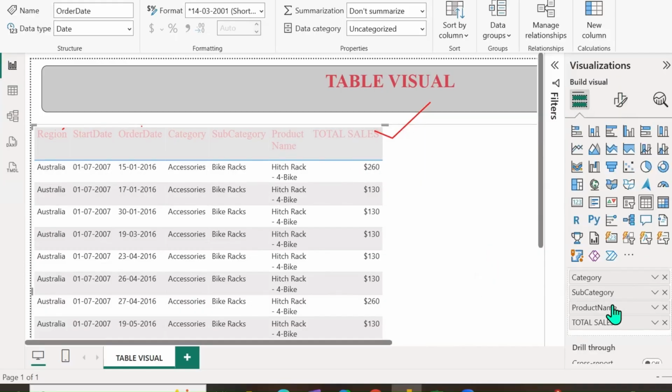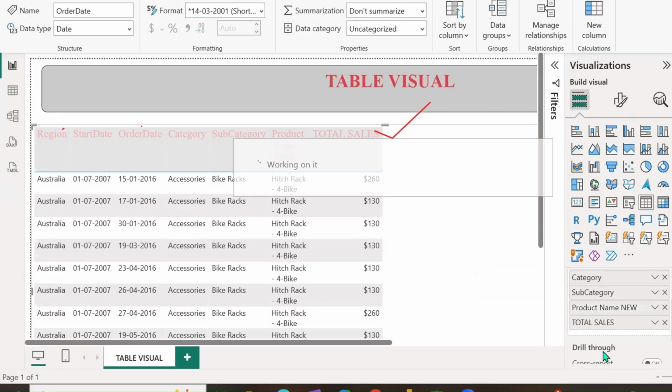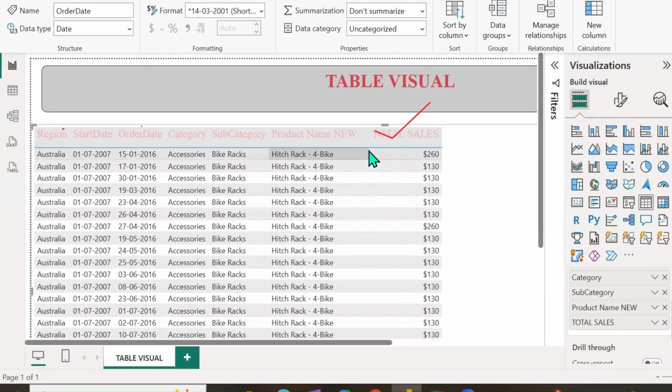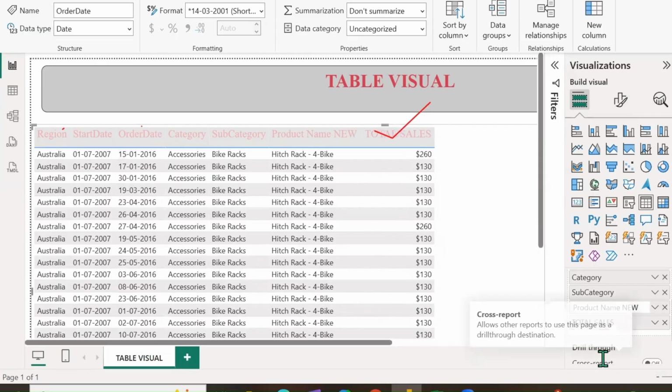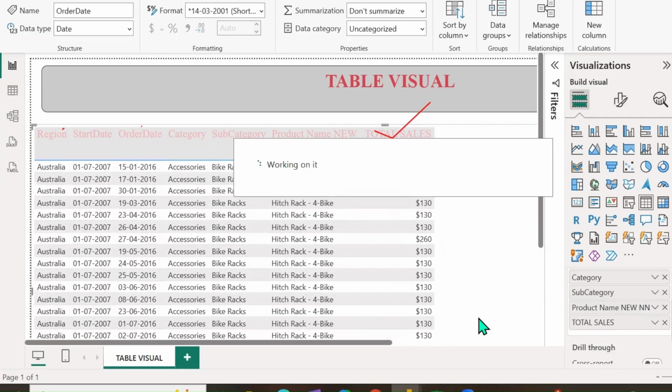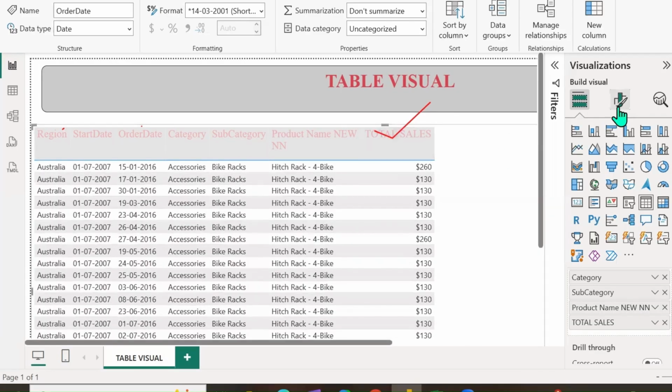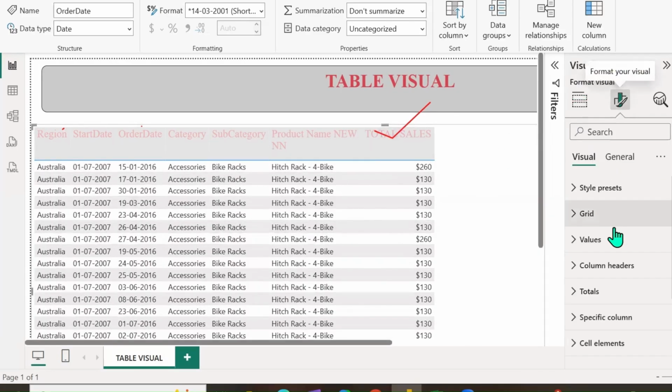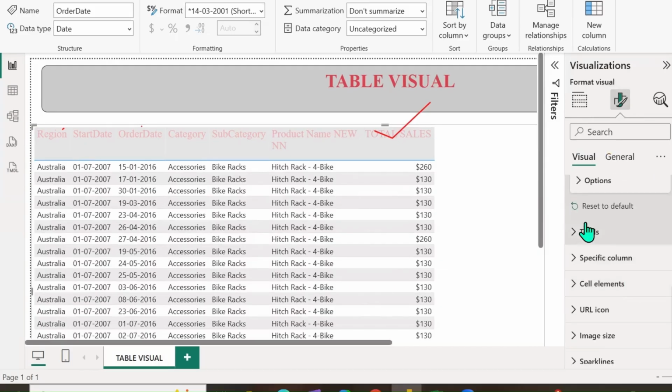In the product name, if I write something, "product name new," and click on enter, you see automatically what do we have? Let me make it something like this. Let me write product name, some number. We already made it. But the thing is that as per the data, in the product size column, in the options,